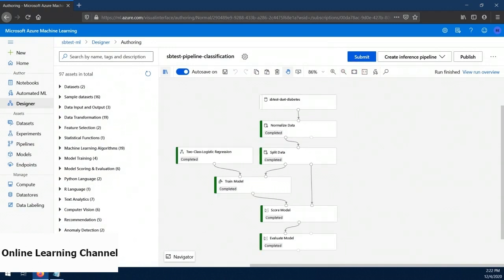Perfect. Now what we see here is the ML Designer page for my classification model training pipeline. Right in the middle of the screen, we can see a canvas that has a bunch of modules on it. I'm going to go over those in a second, but first I want to talk about what a classification model is. Primarily, a classification model is a type of machine learning that's used to predict some category or class to